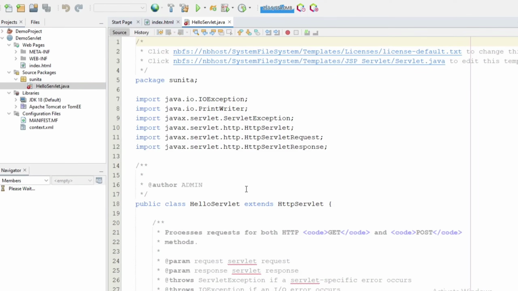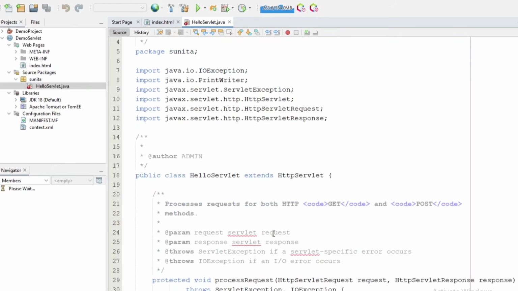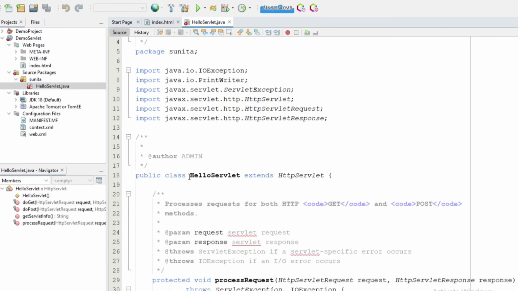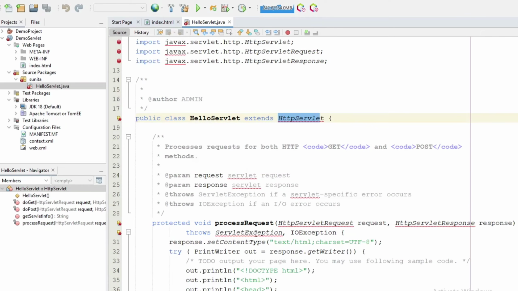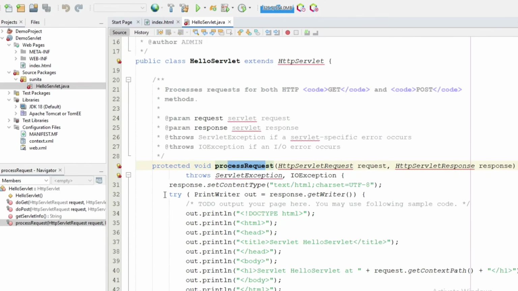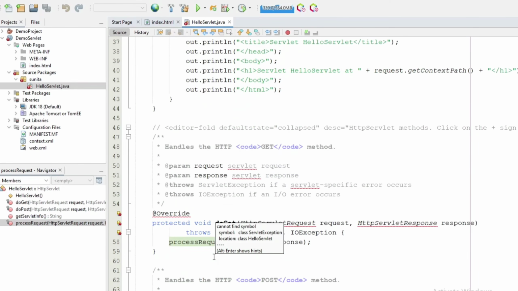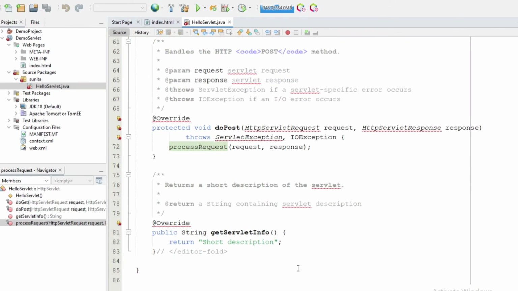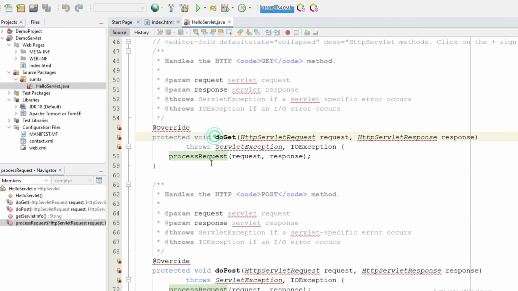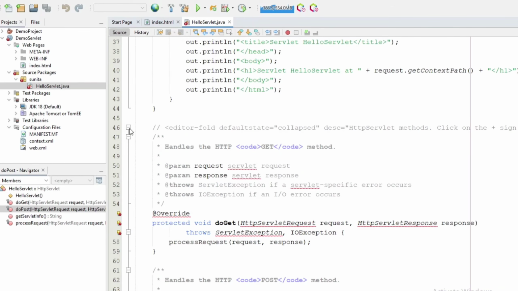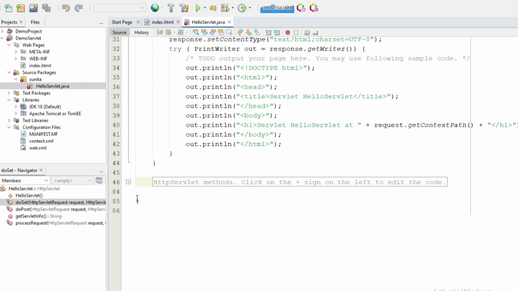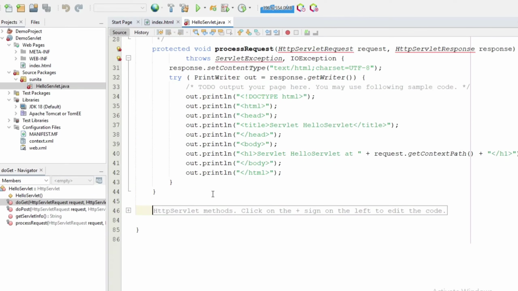Okay, so you can see my servlet has been created, but it's showing some error. We'll see why it is showing error over here. Before that, let me just explain. This is my class name. It is extending HttpServlet, and this is my method where I'm going to write my logic. And here I'm having some folded region, which is containing doGet, doPost and servlet info methods. So this doGet and doPost is calling processRequest. Whether get or post method, it is going to call processRequest. So let's fold it. We are not going to change there. We will be writing code over here.